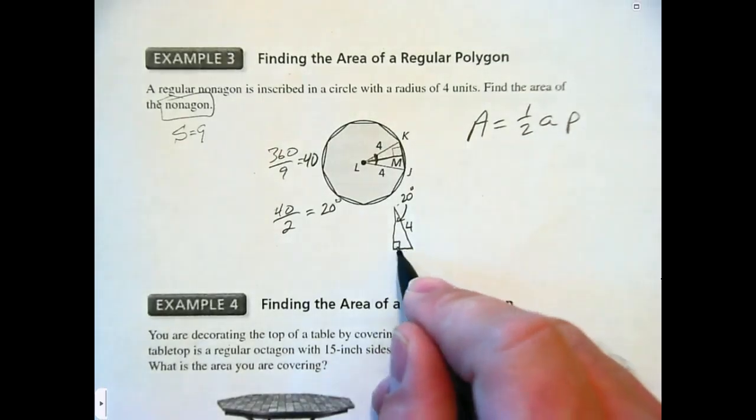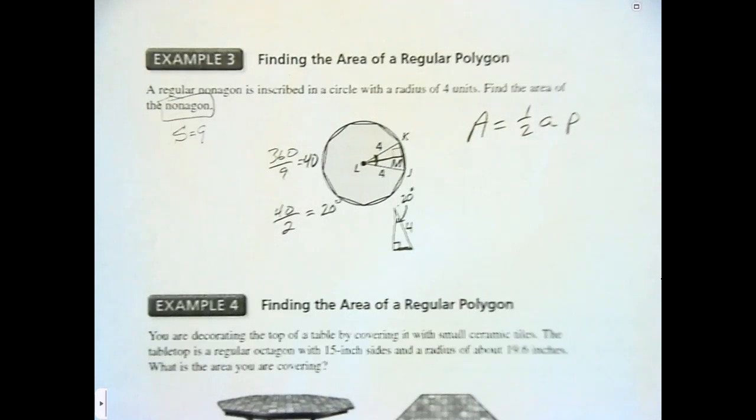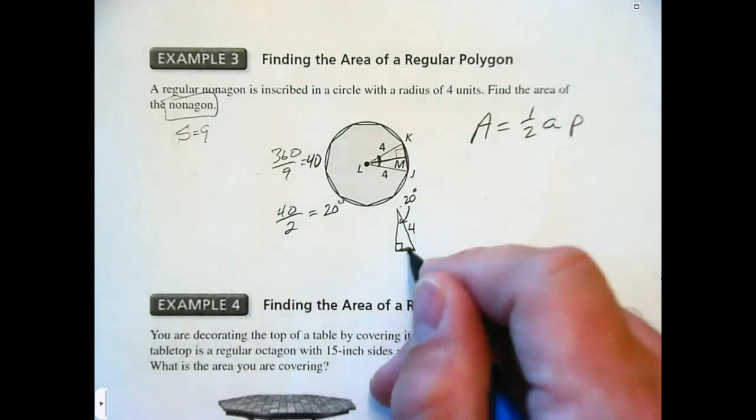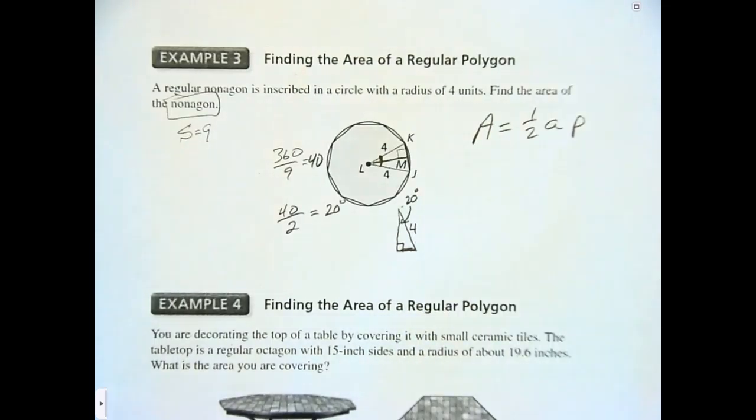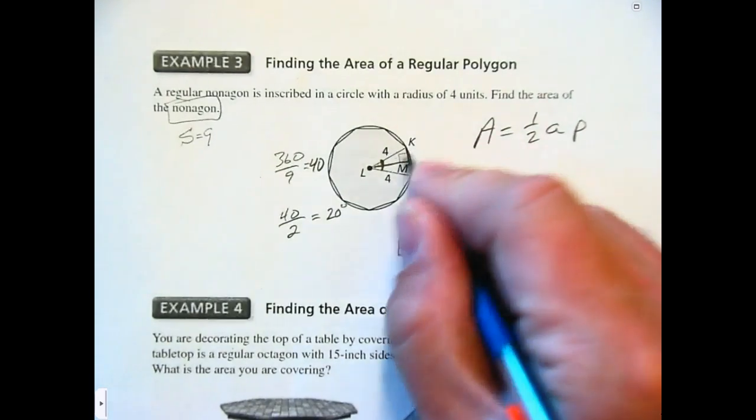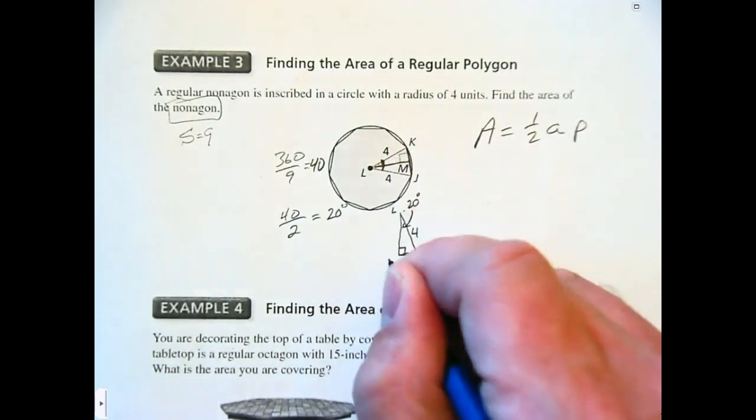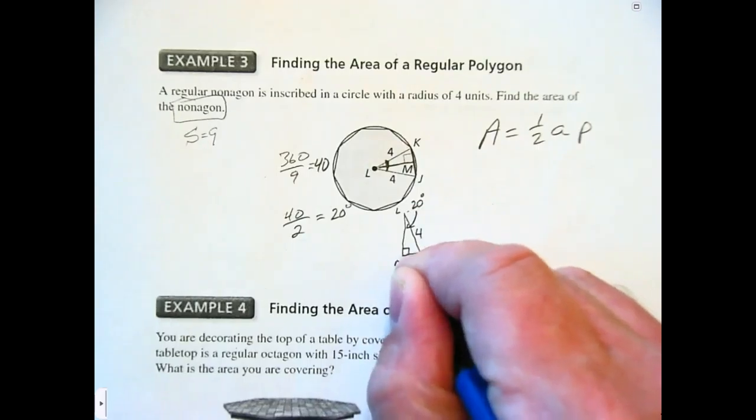Okay. Do we know this length? How could we calculate it? SOHCAHTOA. Okay. So tell your neighbor what you're going to use to find that there. Okay, so this, let's give these some letters. That's L, that's K, and we'll call that M. Okay,